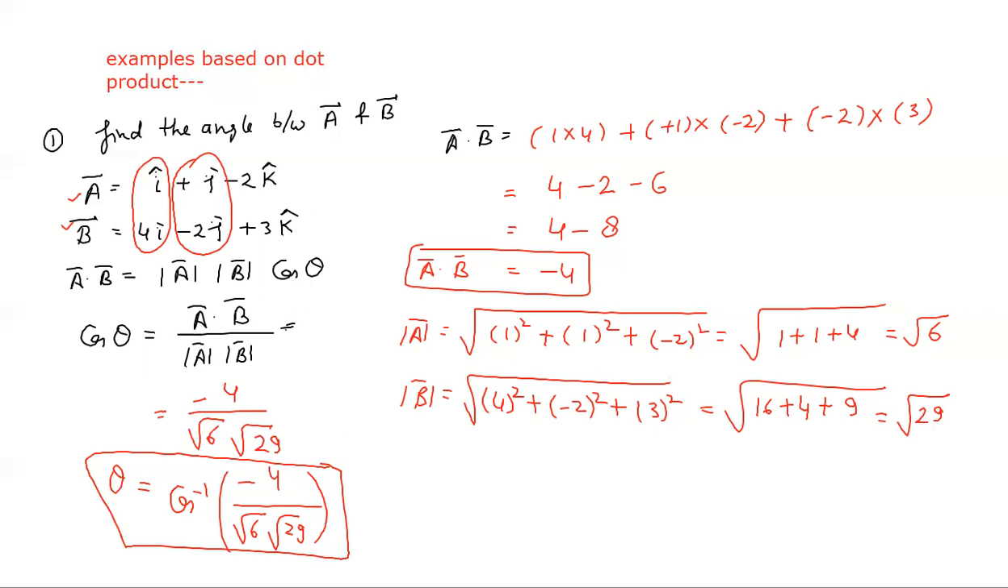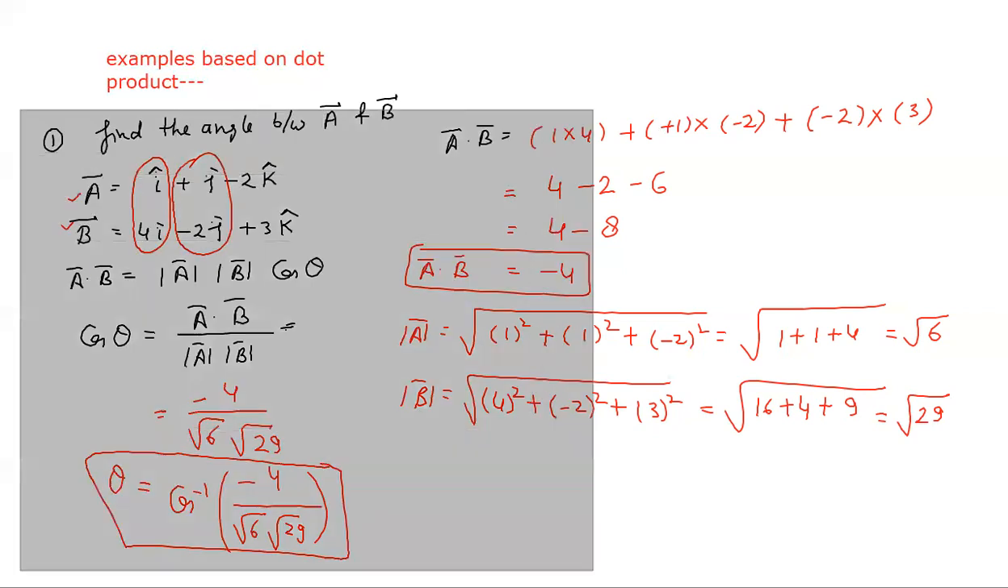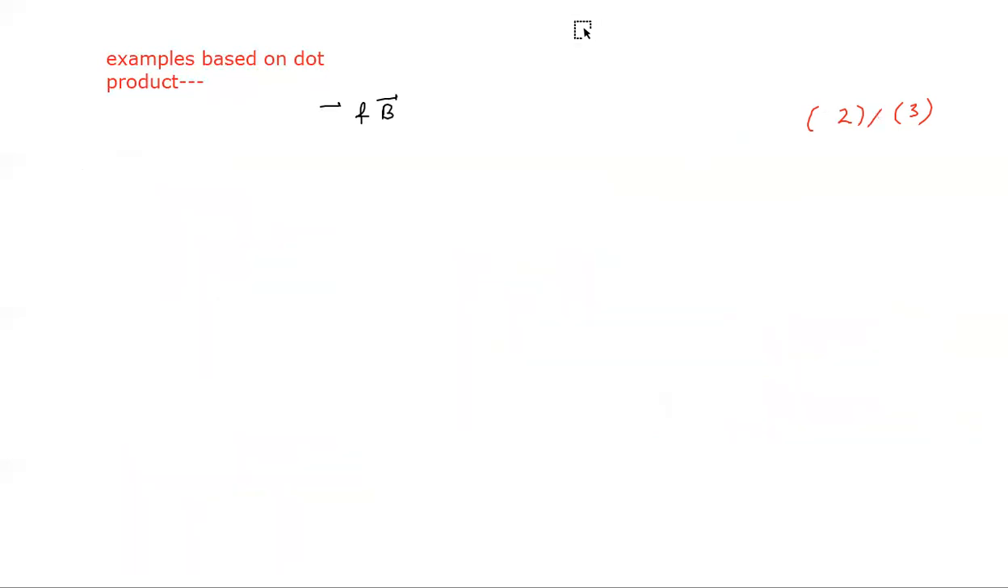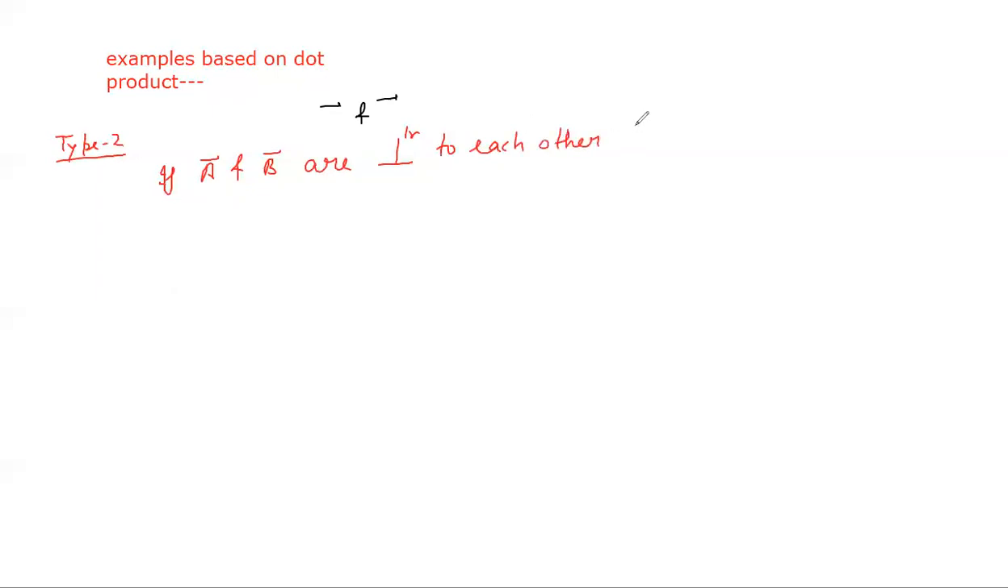Question number 2 type. In a type 2 question, it is written: if A vector and B vector are perpendicular to each other, then what is the